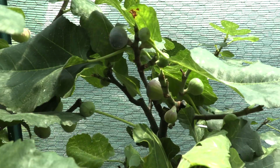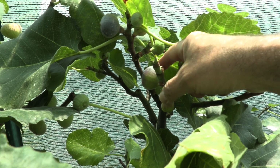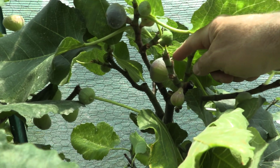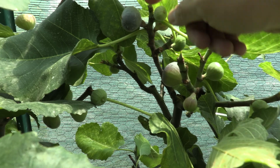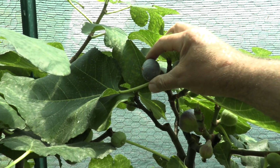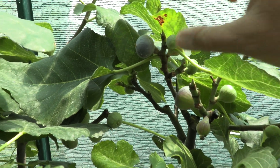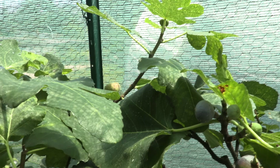Alright, here is Maltese Beauty. The first ripe fig, I think it was April 17th, a breba. And now the main crop seems like it's going to be first also. There is one right there, and it's actually getting softer. And there in the back,